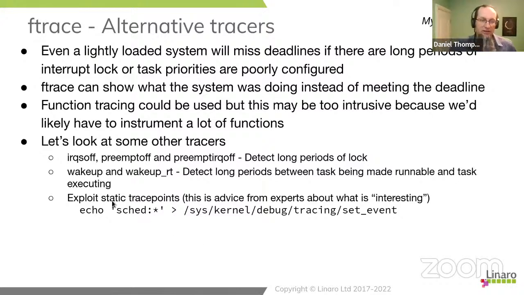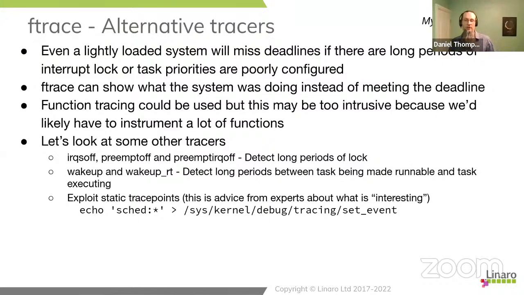Finally, we could look at static trace points. So static trace points are ways to convey additional information into the same ftrace buffers that the function tracer uses. So ftrace itself is a tracing subsystem. ftrace has a function tracer. It has a trace point logger. It has a bunch of other functionality.